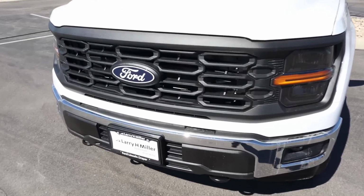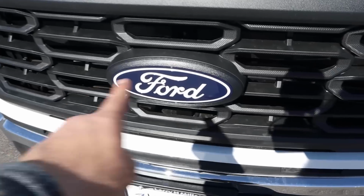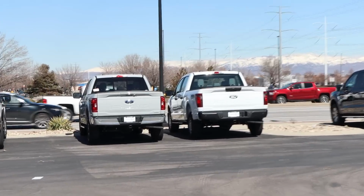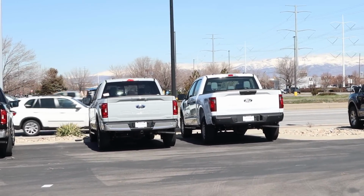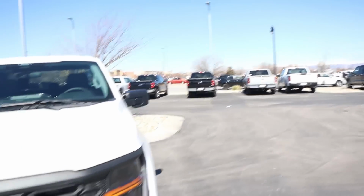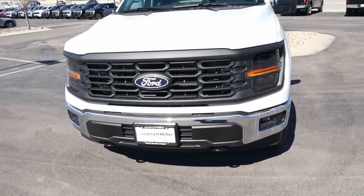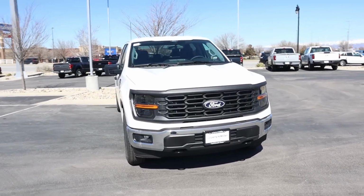We've got the Ford logo, which I said it was a new Ford logo in the last video, and people are like, no, it's not. It does look different, distinctly different compared to before. You can see before, like you can see those two trucks next to each other. So that's new. That's old. You can see the new one's got white lettering, whereas the old one, it's silver lettering, so it is different. But anyways, we got tow hooks, fog lights, all of that. And putting it all together, I think the front end of the new F-150 does look better now that I've